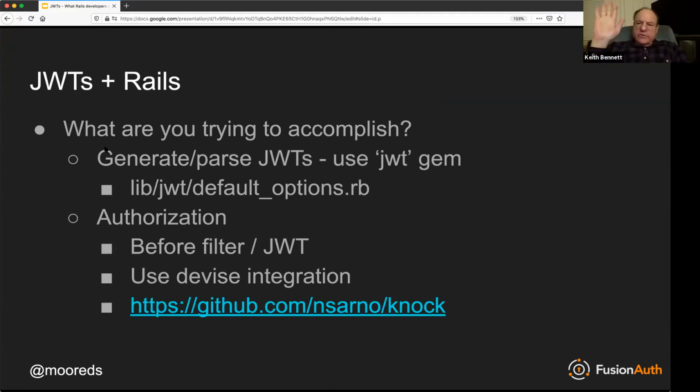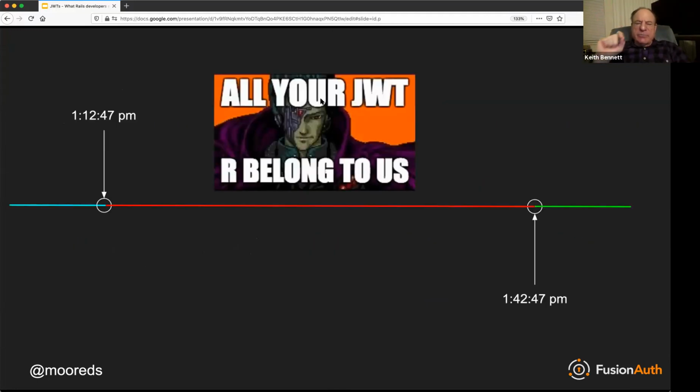Oh, I have a question. Sure. So does that mean this is the way you would deal with invalidating the JWTs, just keeping track of the time? It seems kind of manual. So you can definitely write libraries to deal with that. I think you need to think about what the security profile is, what the risk of a JWT is. Because the other option is you can make the JWT lifetime really small. You could make a JWT last for 30 seconds, and then your risk profile is not 30 minutes, it's 30 seconds. But that's the trade-off for not having to deal with the user API. I mean, there is a standard out there.